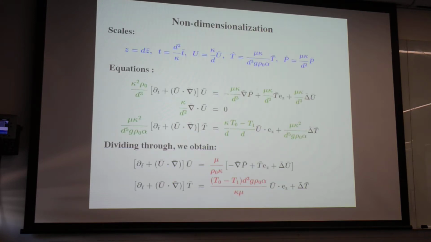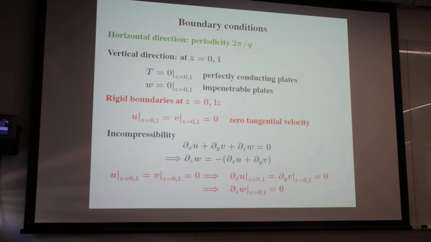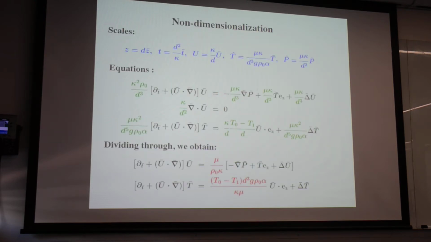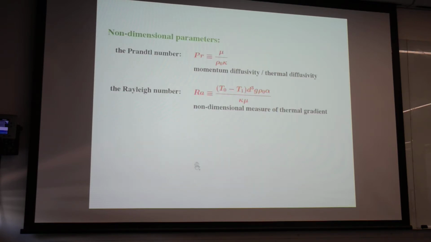that we have, we're going to write them here. And here we see that we end up with only two parameters. This one being called the Prandtl number, this one being called the Rayleigh number. And these are the final equations over here. And these are the definitions of those